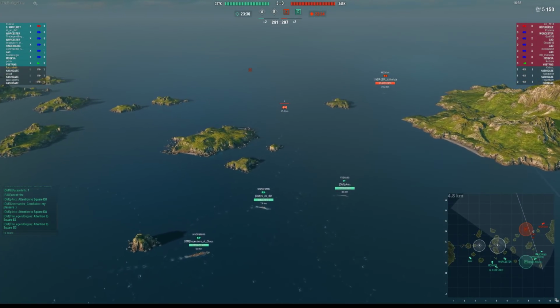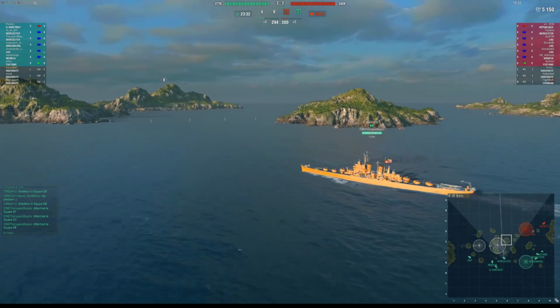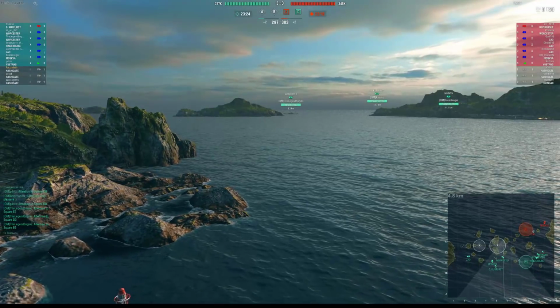He's setting up to put his ass in. And it looks like, I really like NDA's positioning up here. They have the Moskva and the Zhao, and I want the Moskva to use this island to block vision, so the DD can't spot him before his radar range is...